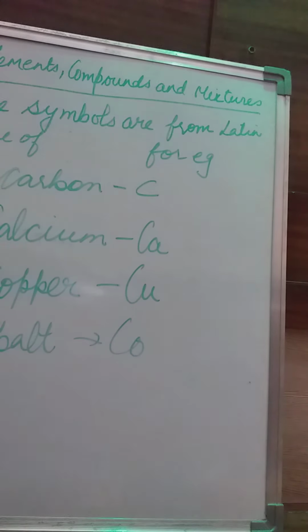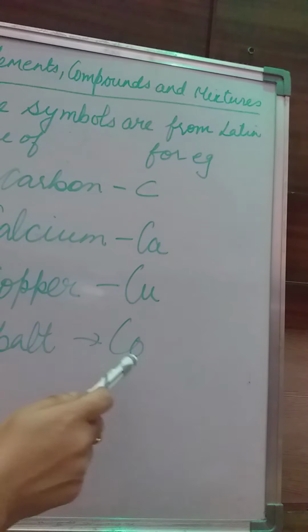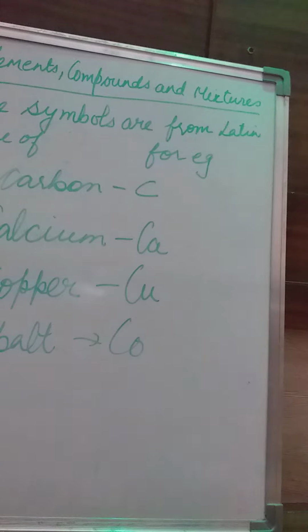Then now we take copper. Now boys, what is the first alphabet of copper? C. And what is the second alphabet of copper? O. But we are taking it as Cu. Why? Because this symbol has been taken from its Latin name, cuprum. Right? Now again we have cobalt, Co. So what is the symbol of cobalt? C and o. So only some of the elements have symbols derived from the Latin name of the elements.